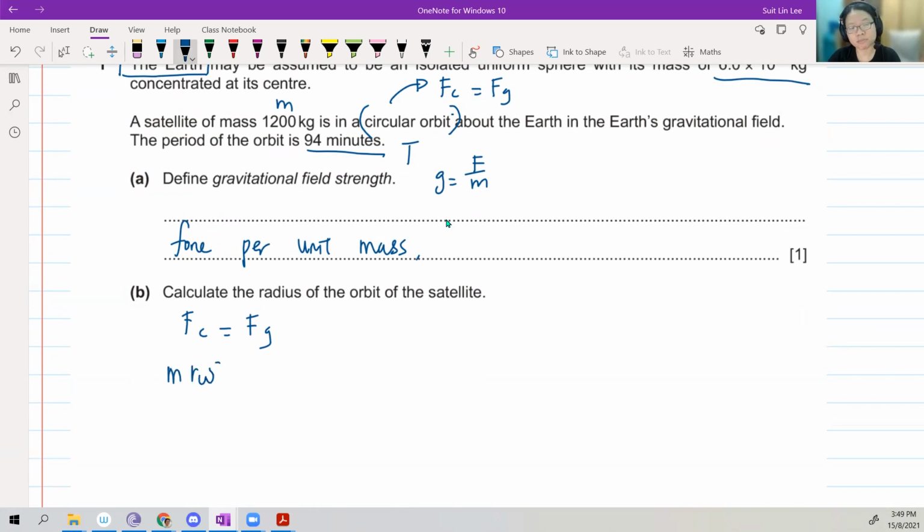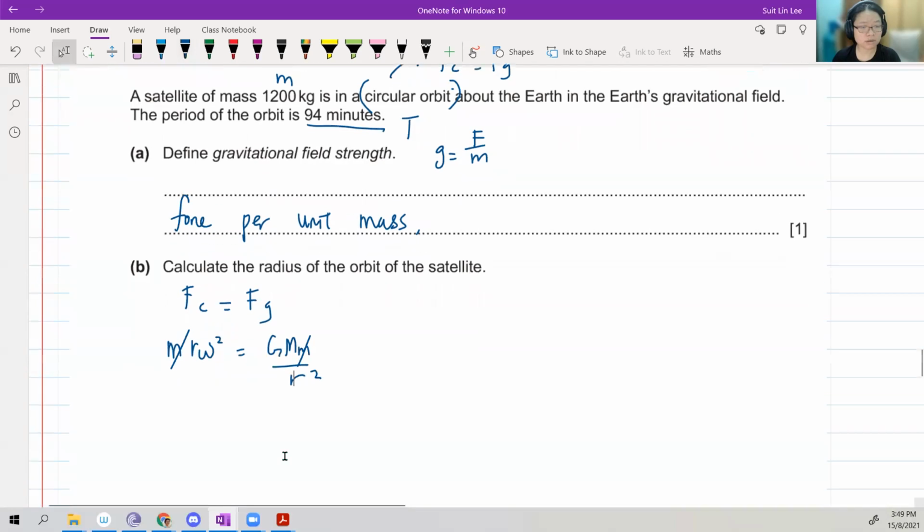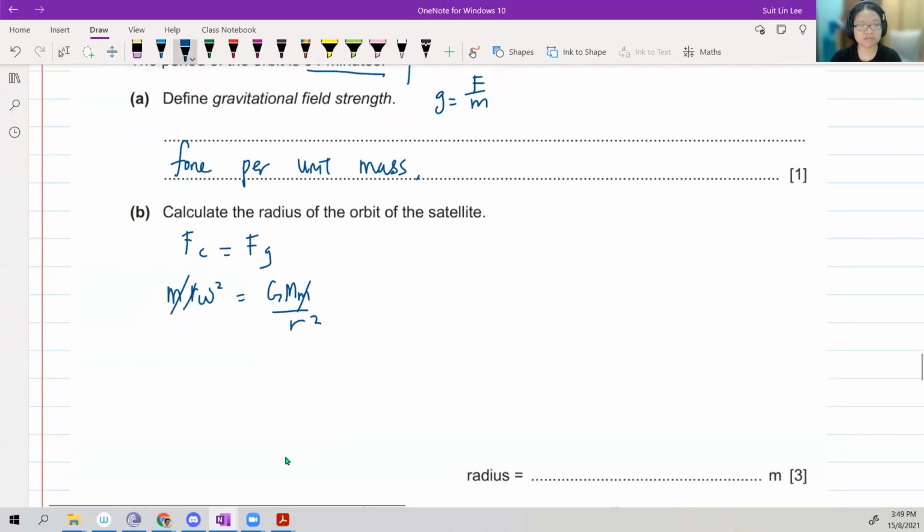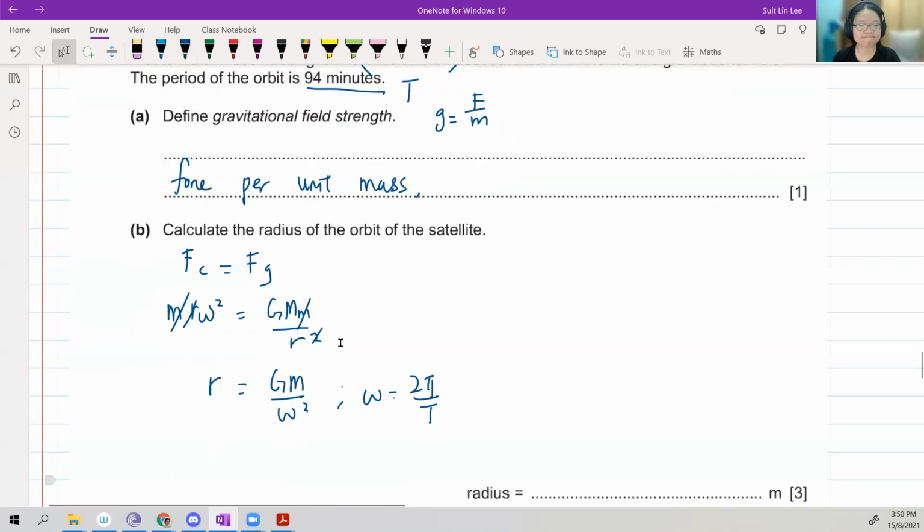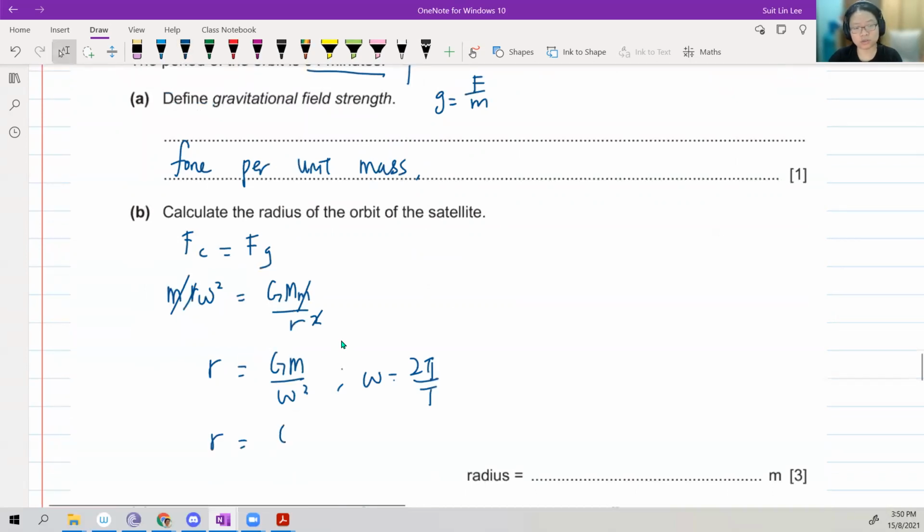There's a period, so I'll use m r omega squared equals G M m over r squared. Okay, some basic housekeeping means I can find r as G M over omega squared. Also, omega is 2 pi over T. So I can use this. So r will be G M over 4 pi squared times T squared here. So substitute